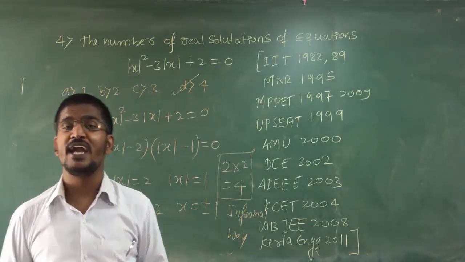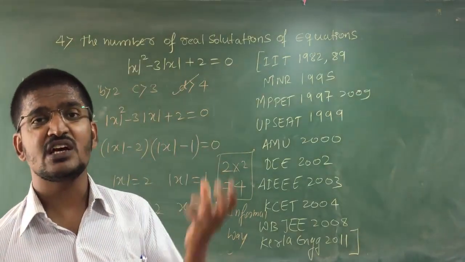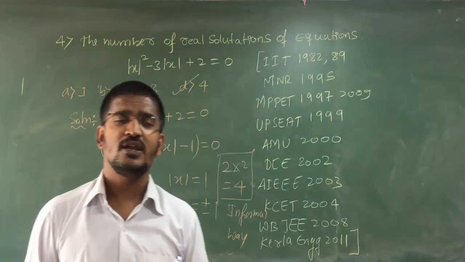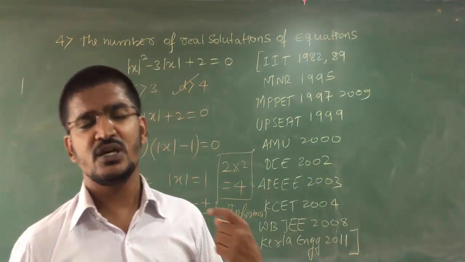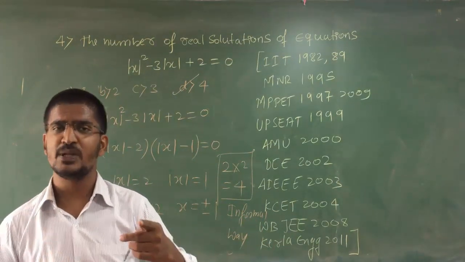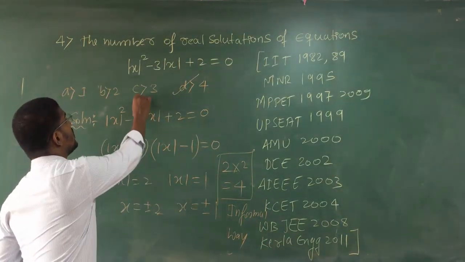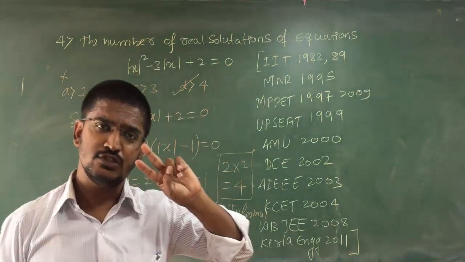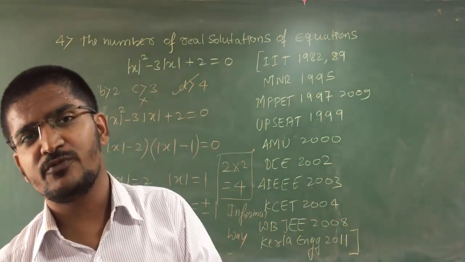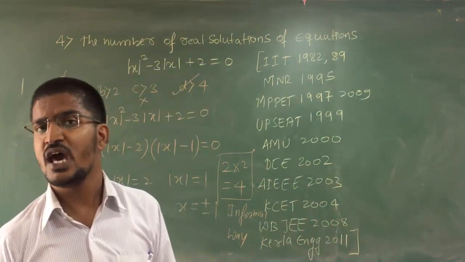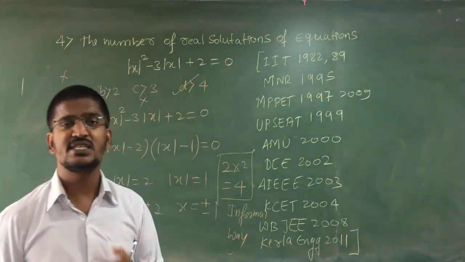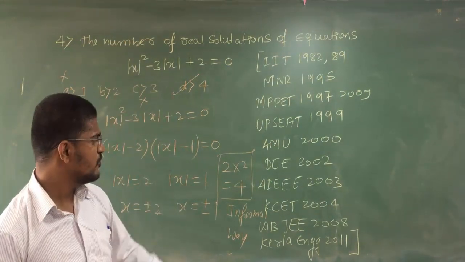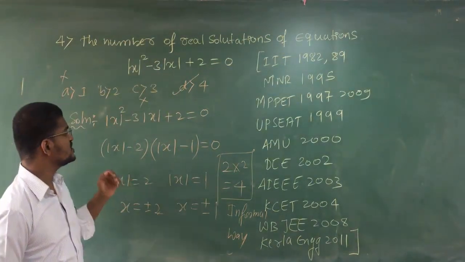The informal pattern is by thinking of the concepts. Mod, 2 choices. Quadratic equation, 2 choices. That means you can have a maximum of 2 roots. Mod function has 2 choices. Therefore 2 multiples of 2 must be your answer. 3 is not your answer. 1 is not your answer. See here, mod has 2 choices. If 1 is repeated 2 times, again 2 numbers, 2 into 2. Clear? Definitely it must have 4 choices. Have you got my answer? So 4 comes from the informal way of solving, and this is your formal way of solving your solution.